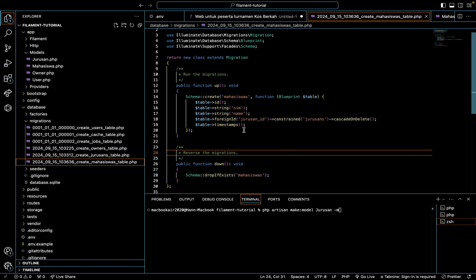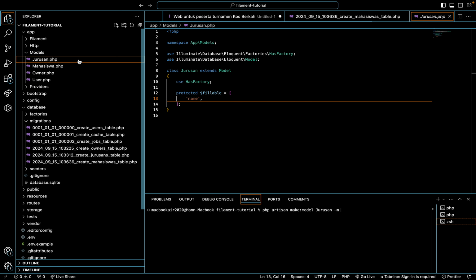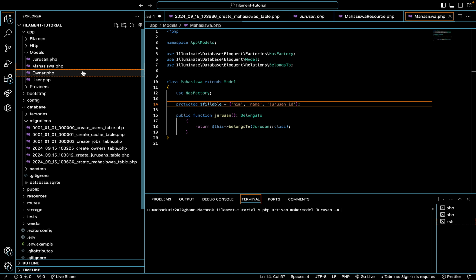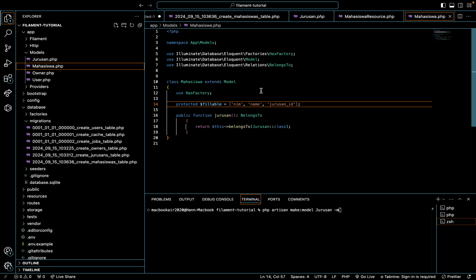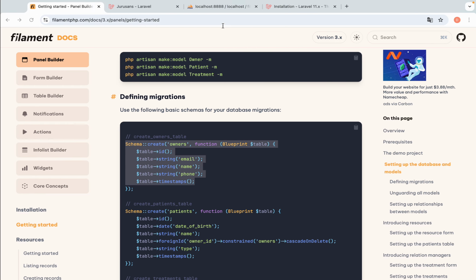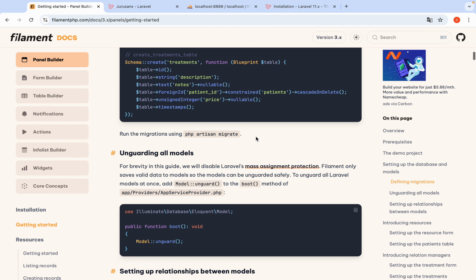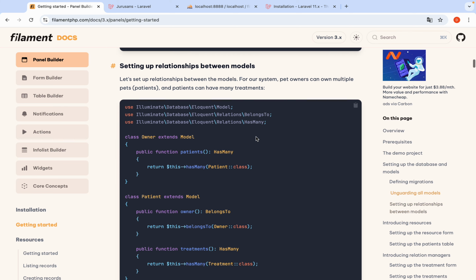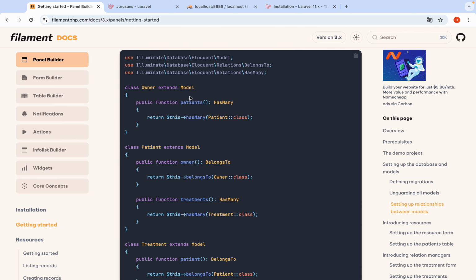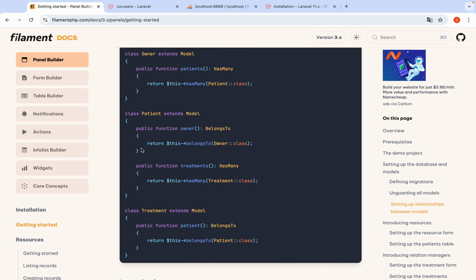Now the models. We need to go back to mahasiswa. Wait, I want to search for belongs to, the class Illuminate Eloquent Relations BelongsTo.